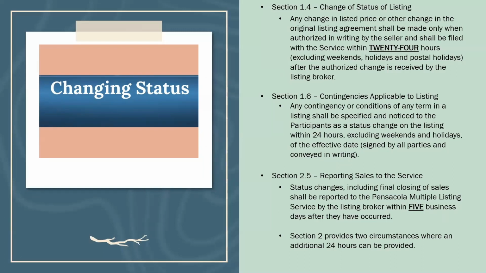The Part MLS does not recognize first right of refusal or kickout clauses. So you can have that in your documentation. You can have that in your contract. If you go under contract with a contingency, then you must put it into a contingent status. Contingent statuses do syndicate out of the Part MLS, but they syndicate as contingent. And that lines up with the National Association's policy of status changes. You have a contract, therefore you must change the status.